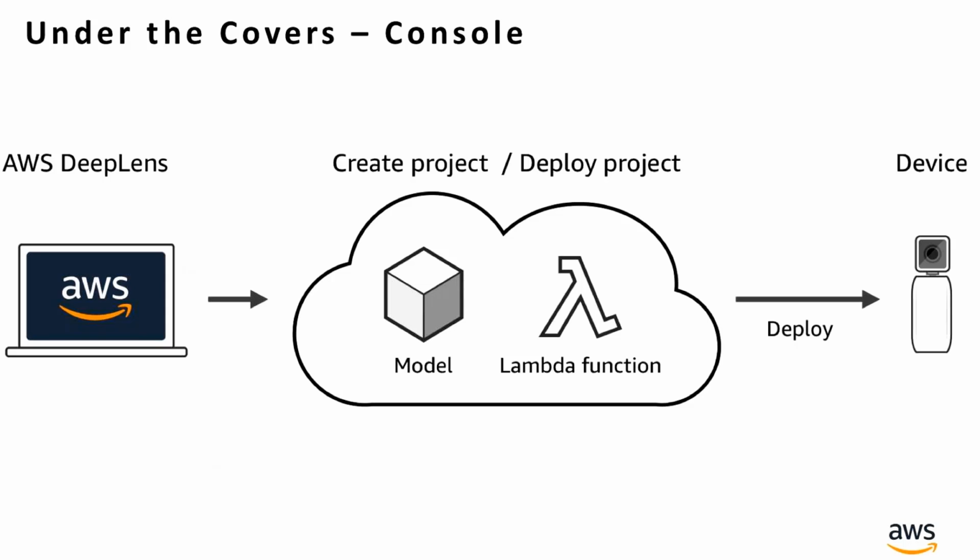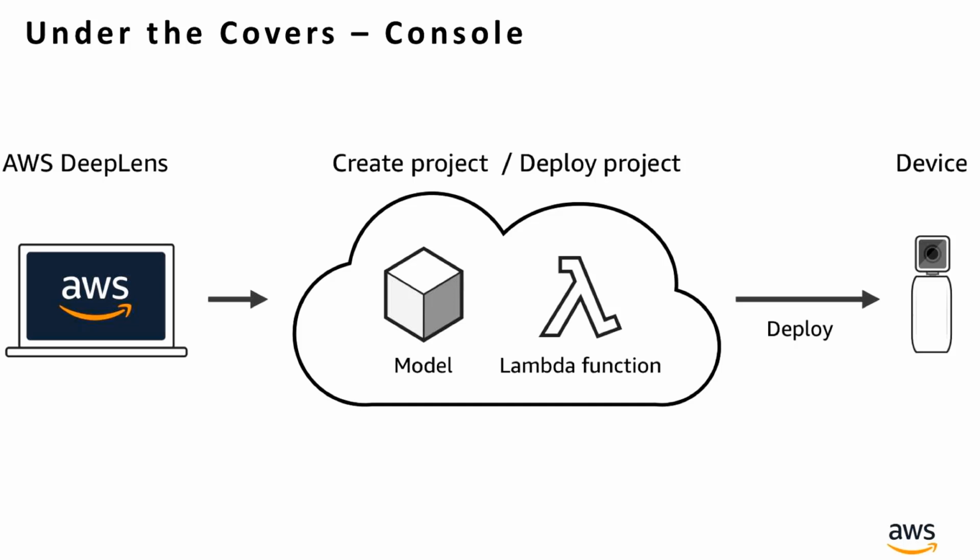So this is a deep learning model, a neural network that either we or you have trained for a specific use case in AWS. And you create a project by marrying this model artifact with a Lambda function that executes inference. So you create these two artifacts in the AWS cloud and the DeepLens platform. You create this project, and then you can deploy it